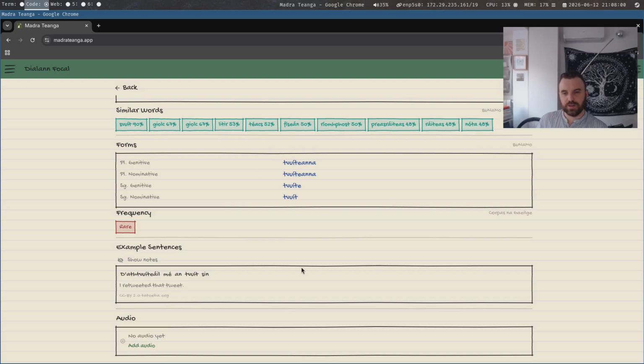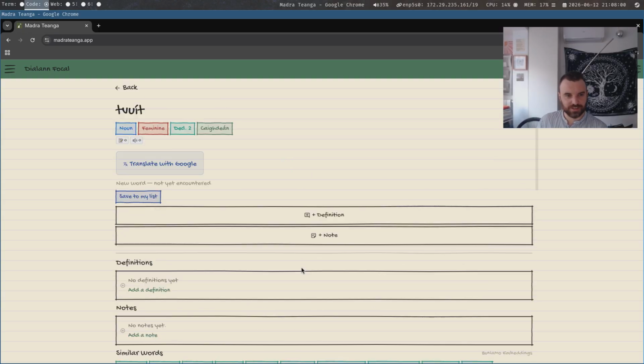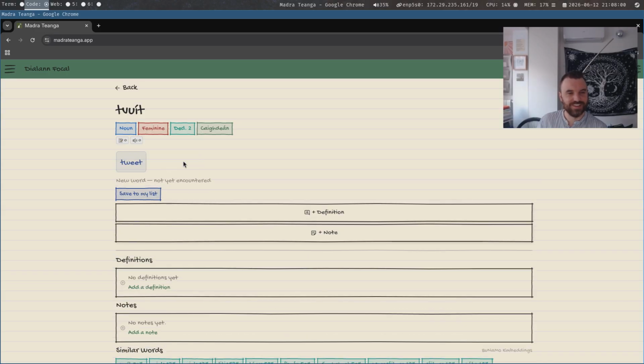I guess if you have your Irish down and you're really good. What is this word? Tweet. That's so funny. I didn't even click with the minute. Oh, I need to go Google that. Chonglan.